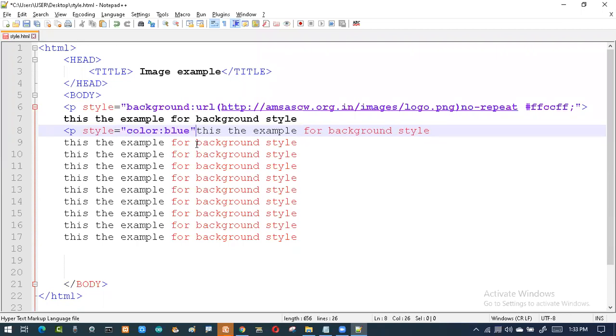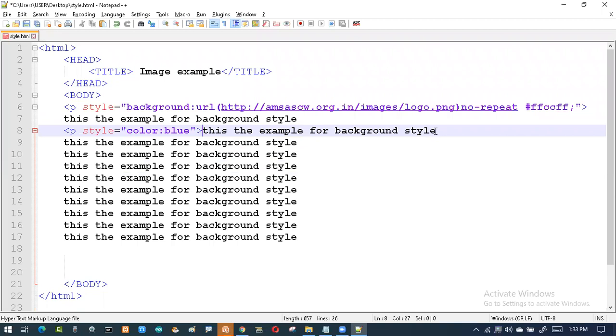Then I'll just change it and close the paragraph. Now for this, I'll close the paragraph like this.